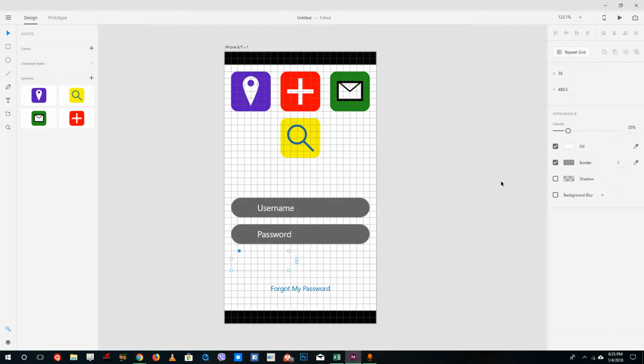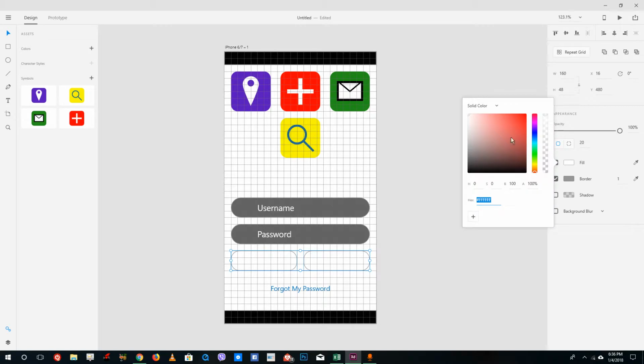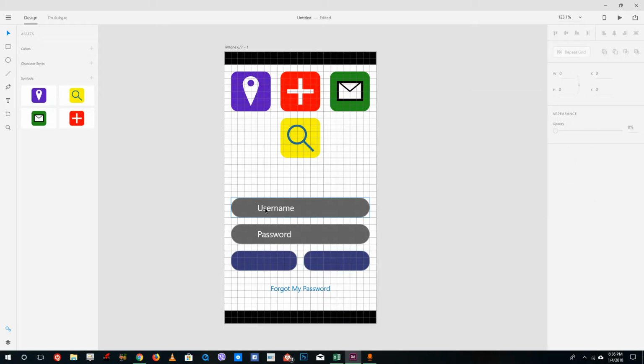Alright, so now I got all of these icons right here. Opacity, just turn it on, and then the last one 20 as well. And now I'm going to fill it up with a color like this. Alright, there you go. Okay, so now what I'm going to do is